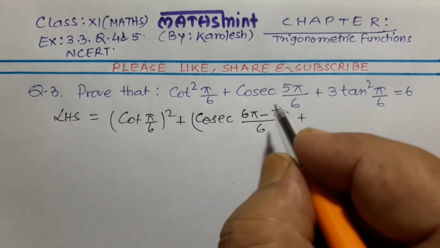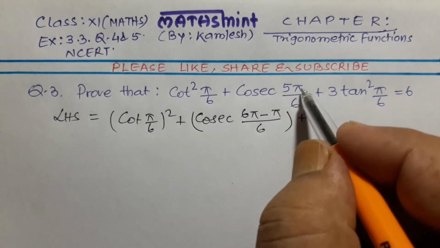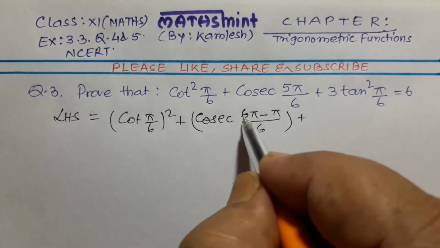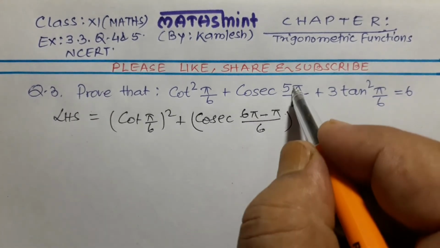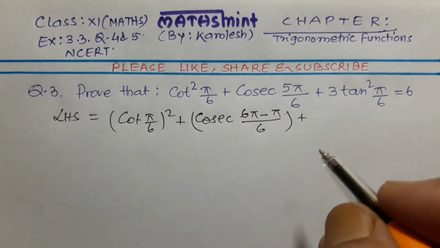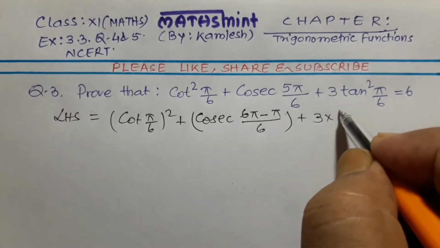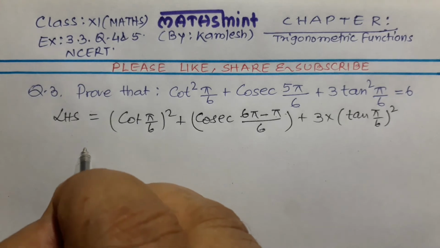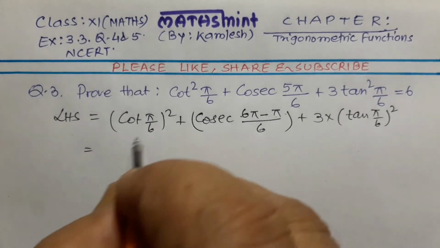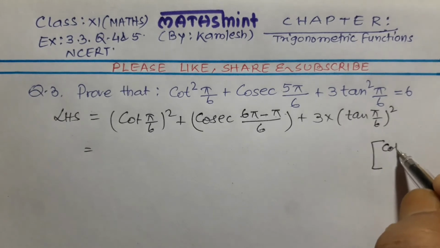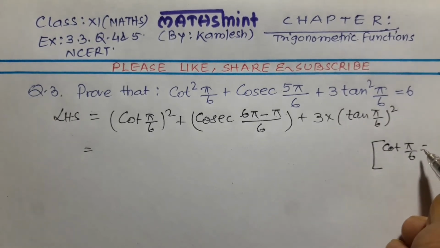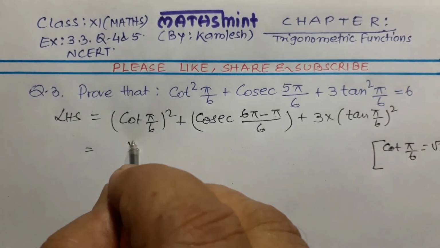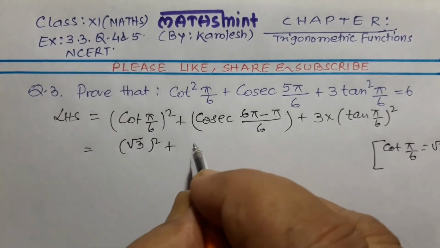If it is 7 pi, what we shall do? 6 pi plus 1 pi. If it is 5 pi, so 6 pi denominator and pi will give here, and according to this value we shall adjust this minus or plus, right? So 3 into tan pi by 6 square. Now cot pi by 6, we know from table that it is root 3. So we are writing for this place root 3 square plus cosec